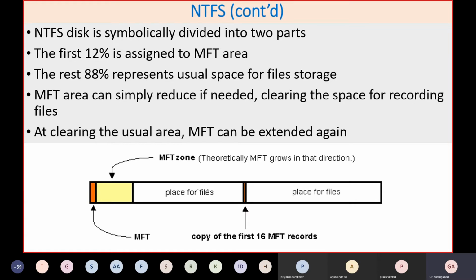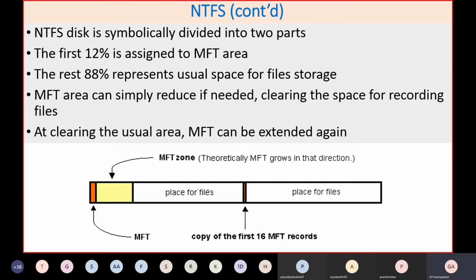And how partitioning should be done, what care should be taken, and what is created during partitioning. That is, you have to understand the concept of MBR and boot sector, because we will require referring to them again and again when we start with the booting process of a computer, that is, how a computer starts. At that time also you need to know what the MBR is and what the boot sector is. Then we have seen what the file structure is, that means where the FAT structure or file system is created.